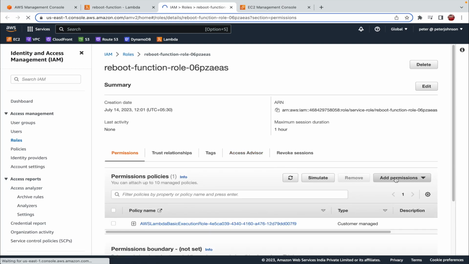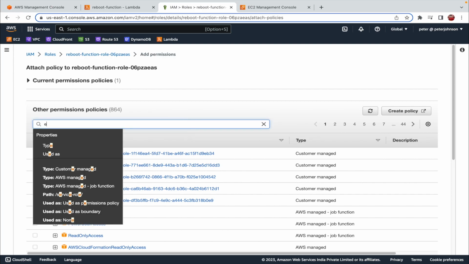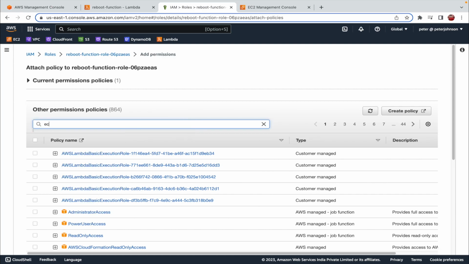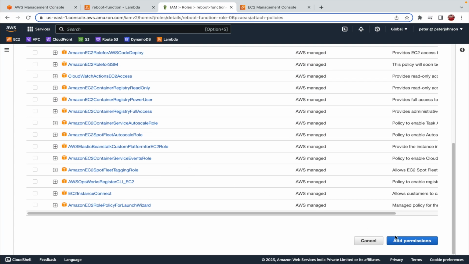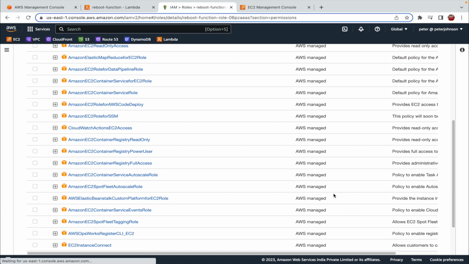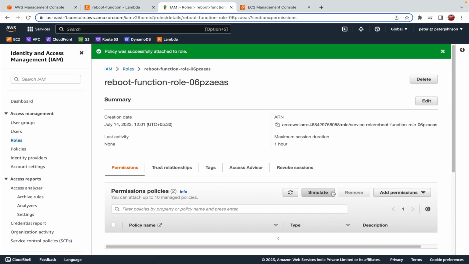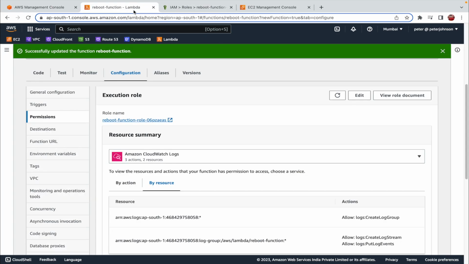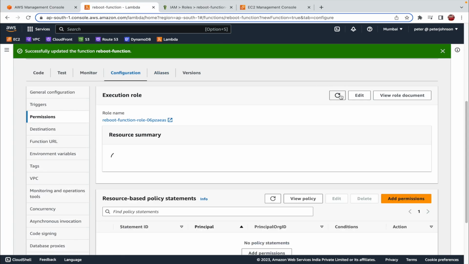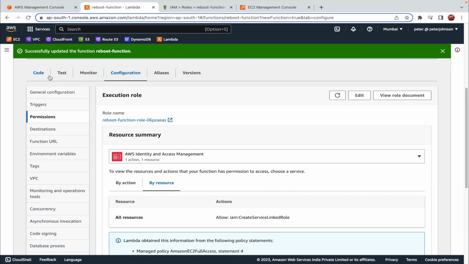From here, click on add permissions, attach policies, and let us search for EC2, and let's provide EC2 full access permission. Let us select that and scroll down and click on add permissions, and just like that, we have provided the EC2 full access permission to our Lambda function. Now let's go back. Let me refresh it once again. Now let's click on code